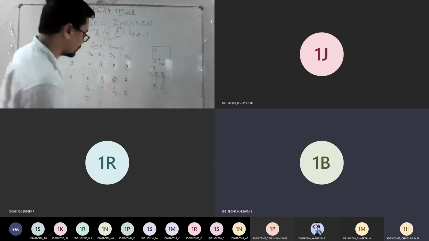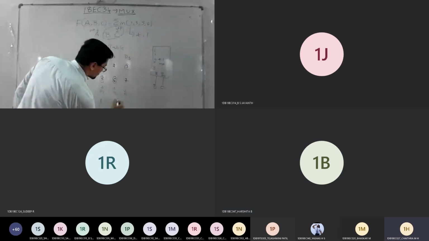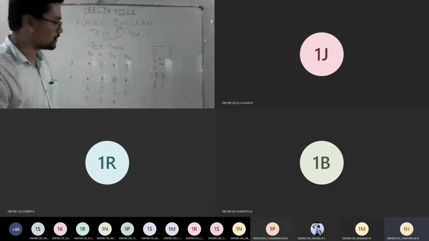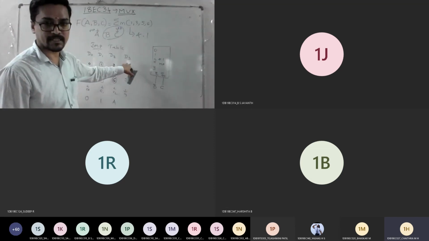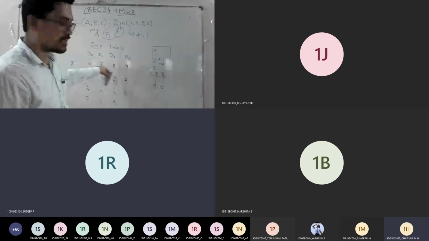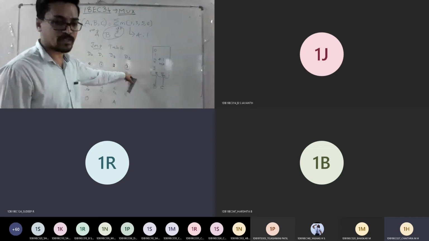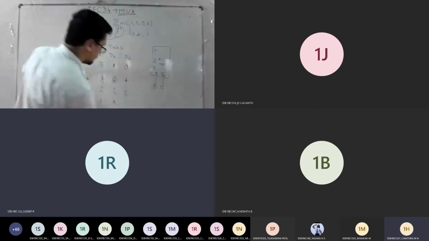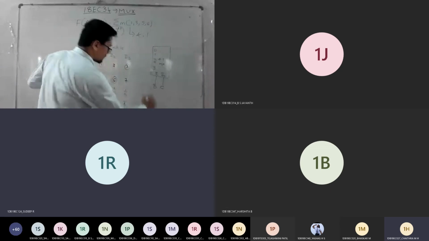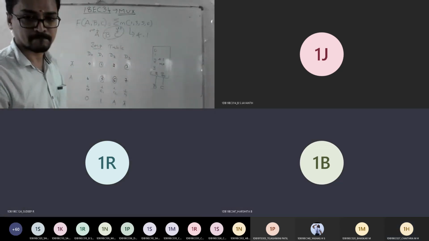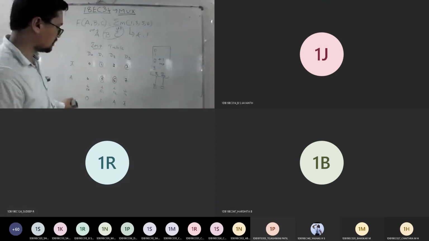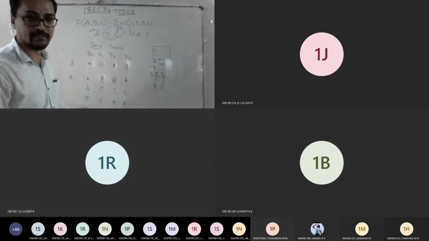So I can write this input as A. Last one, any column which is circled in the top row, I can call it row 1. If it is row 1, the corresponding input is A bar. Am I clear to everyone now? So everyone got how to write the implementation table.